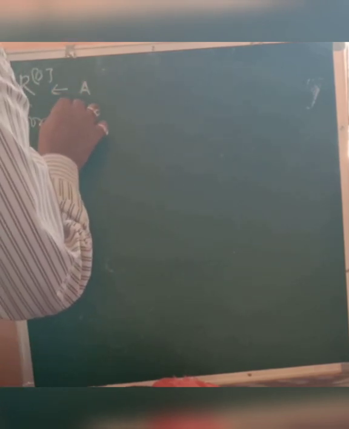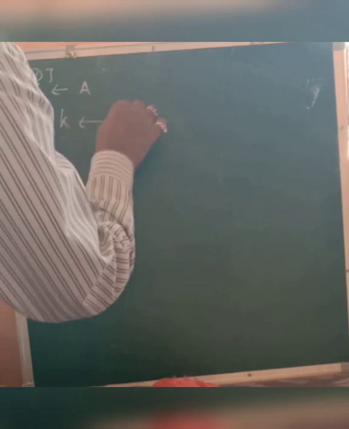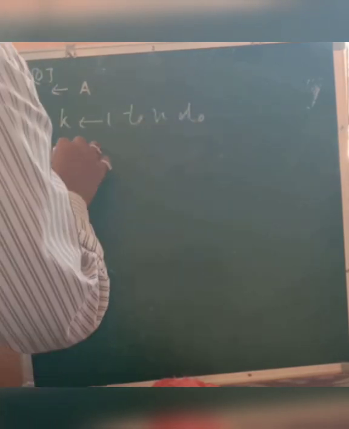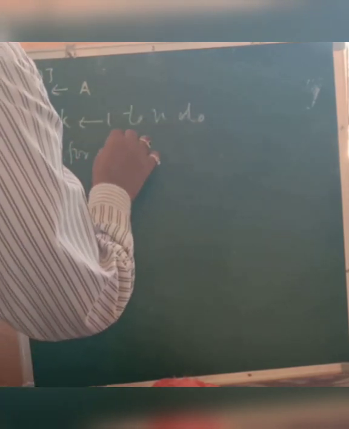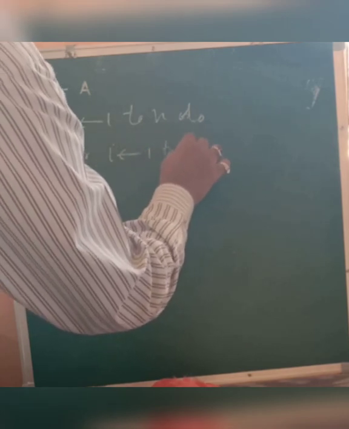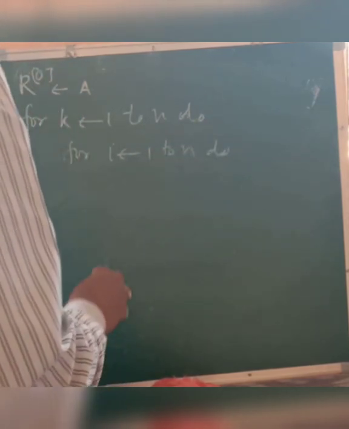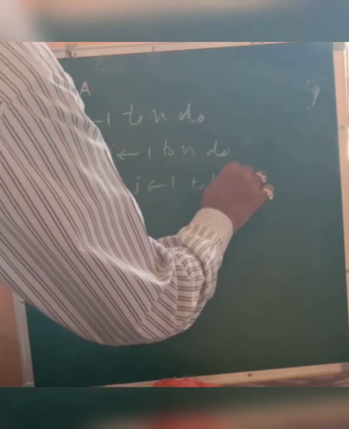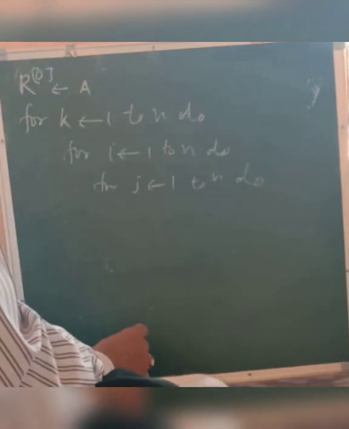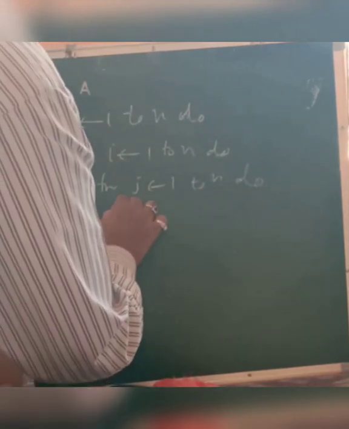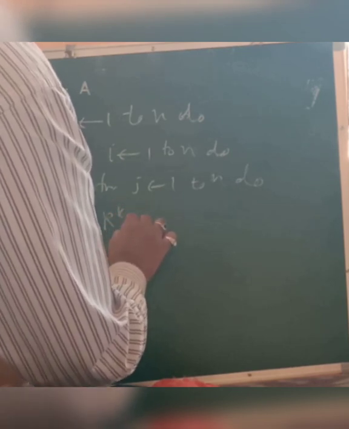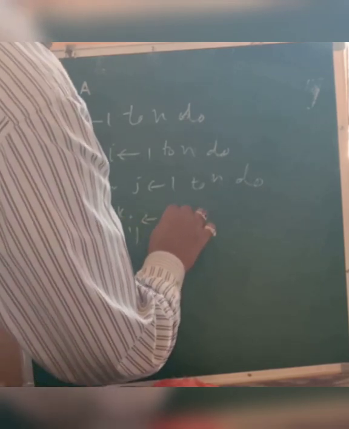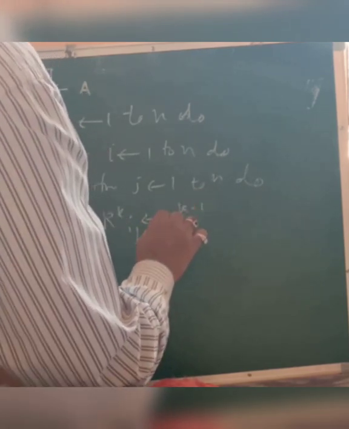For K is equal to 1 to n do, for I is equal to 1 to n do, for J is equal to 1 to n do. Same as what we saw in the previous one, R of K of Ij is going to be R of K minus 1 of Ij,